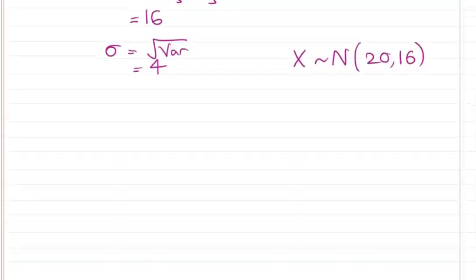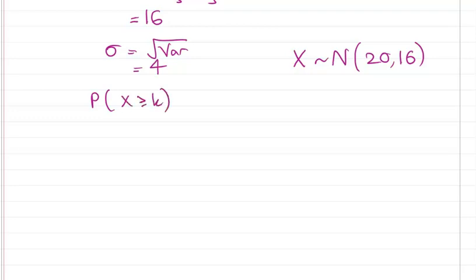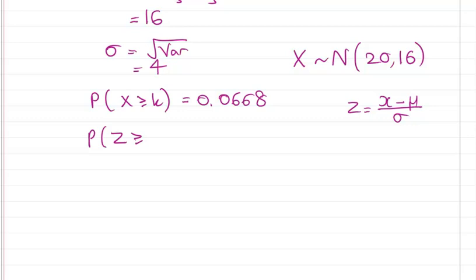From that information, we're considering when is it true that x bigger than or equal to k equals 0.0668. So we need to find the z value that corresponds to that. So z by definition is the score minus the mean over the standard deviation. So we're interested in finding the z score such that we're at k minus 20 all over 4, and that equals